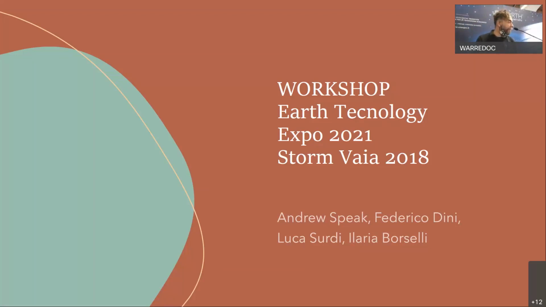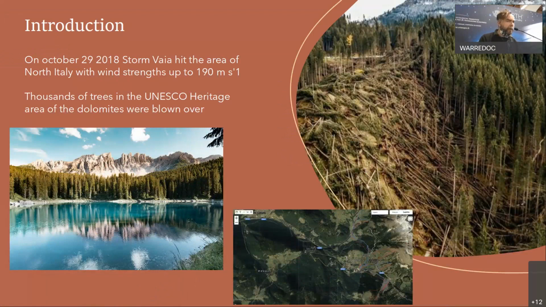Okay, good afternoon, everyone. So we chose to study the storm Vaia, which happened 3 years ago. Quite a famous storm that destroyed a lot of forests in northern Italy. It happened on October 29th, 2018. Wind strengths of up to 190 meters per second. I think that's right. Thousands of trees in the UNESCO heritage area of the Dolomites were blown over,